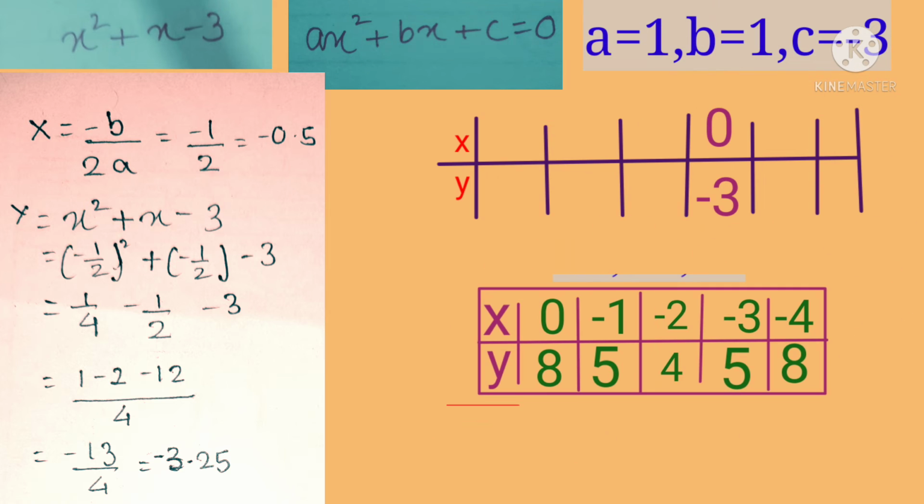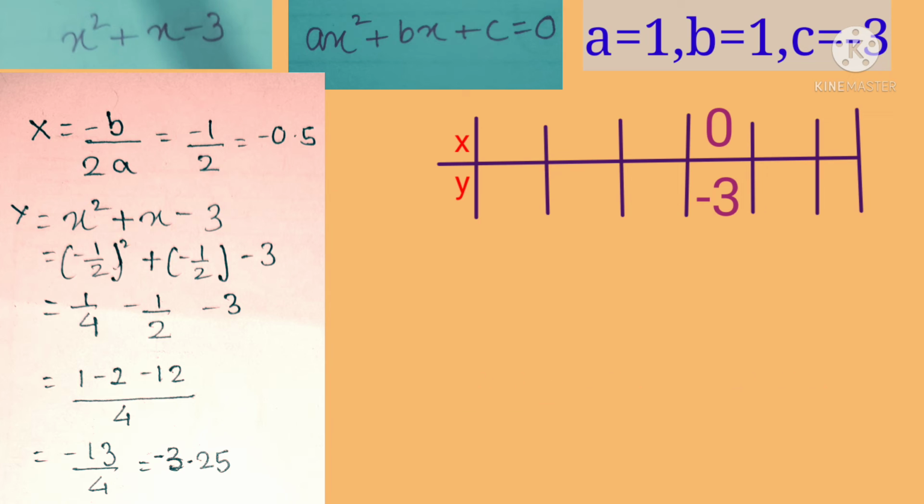For the previous example, there is no rule that we need to take only 5 values, only 3 values, or only 6 values. That is not any rule. It's just a method to do it in which the plotting will be easy. If we take, for example, only 3 values, like minus 2, minus 1, minus 3, then the plotting may be a little difficult. If we take more and more values, then we will get the perfect plot and the perfect parabola.